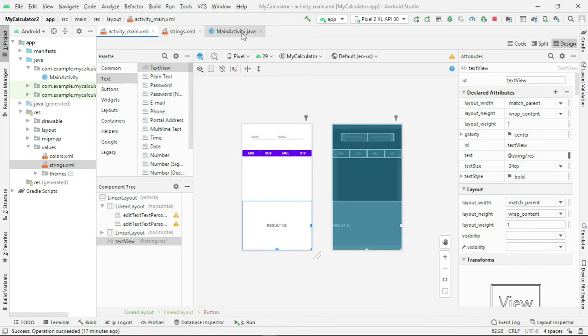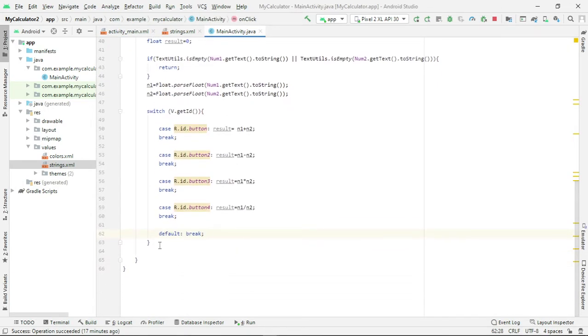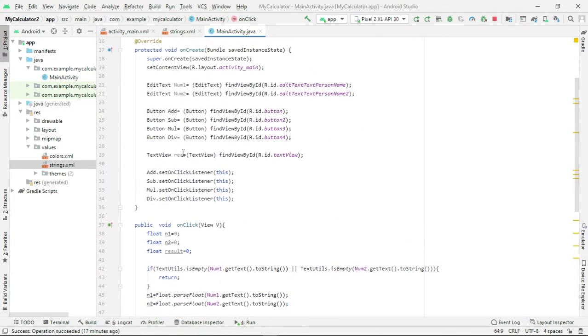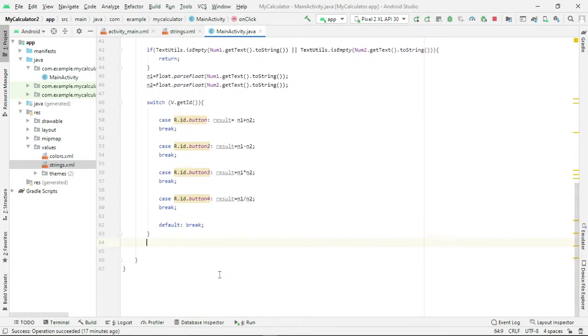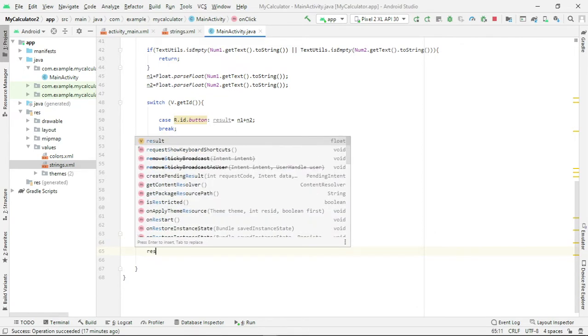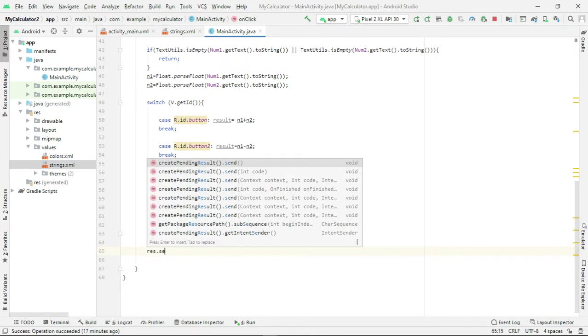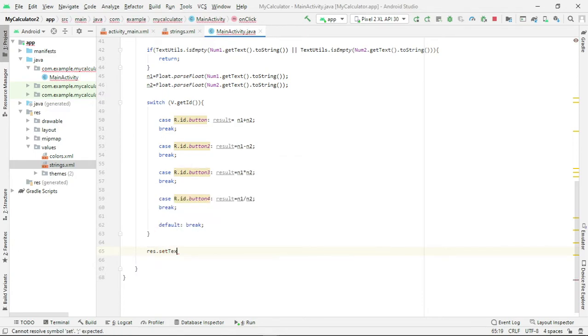For that, I am supposed to write code. To access that edit text, the variable we have already declared is res. Res dot, there you are supposed to set the text. Set text to.